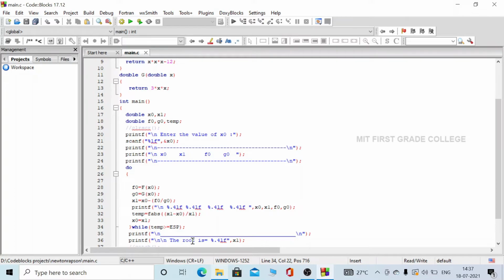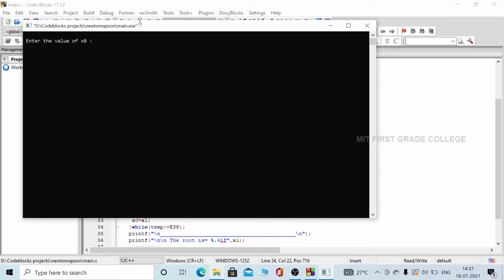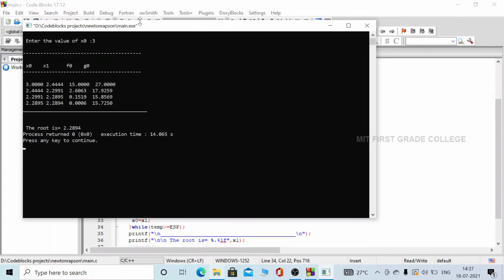Now let us run the program. To run the program, I'll click on build and run. Here you can see it is asking for the value of x naught. One initial value is enough. I'll give 3 as the x naught value, and clicking enter will give the solution.